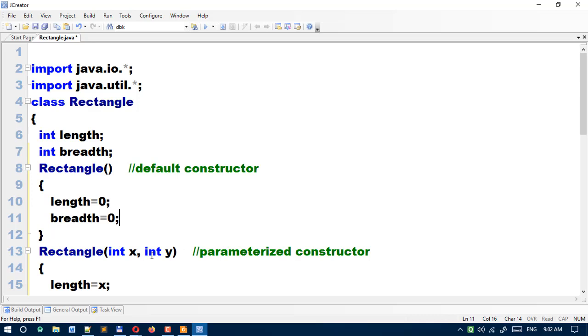Sir, where is the copy constructor? Yeah, I am not showing the copy constructor example now. It may be something complex for you. We will discuss the copy constructor later. Till now, just keep in mind there are three types of constructor: default, parameterized, and copy constructor. I will show you the copy constructor example later. Okay, any more questions? Anybody? You can raise your question.